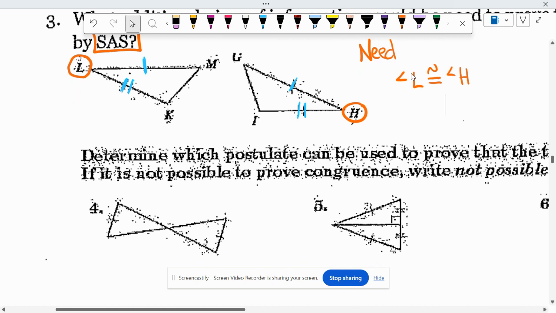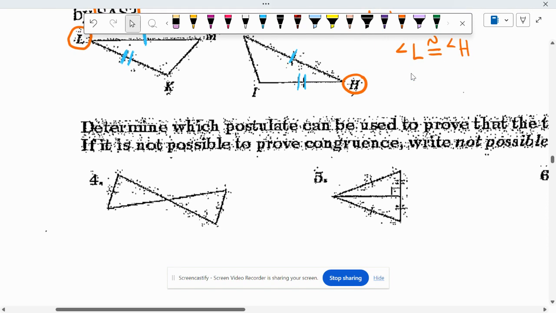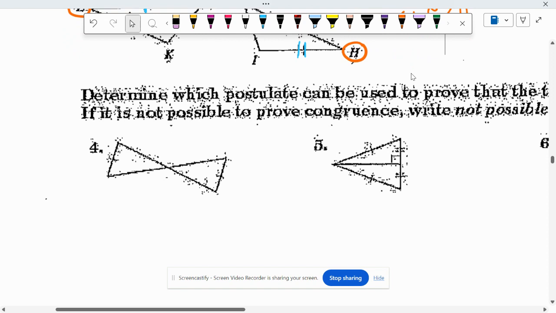Determine which postulate can be used to prove that the triangles are congruent. If it's not possible to prove congruence, you have to write not possible. So this side is marked as being congruent to this side. That's all that's given. But we do know something specifically about a pair of angles. Do you see any V's inside of there? Like V's pointed in opposite directions? Yeah, this angle right here and this angle right here have to be congruent to each other by vertical angles,